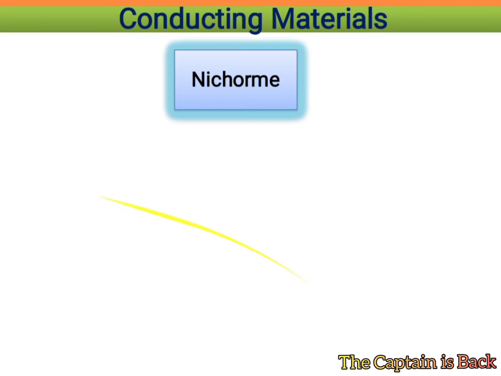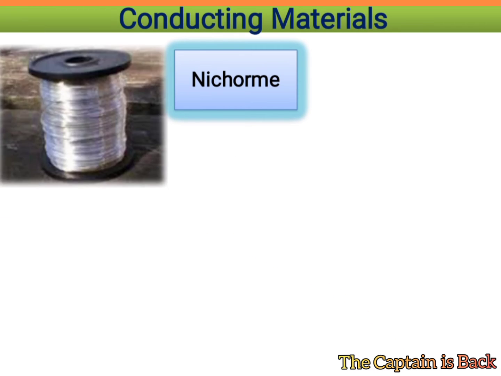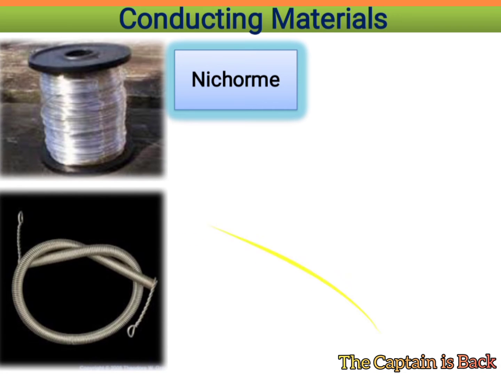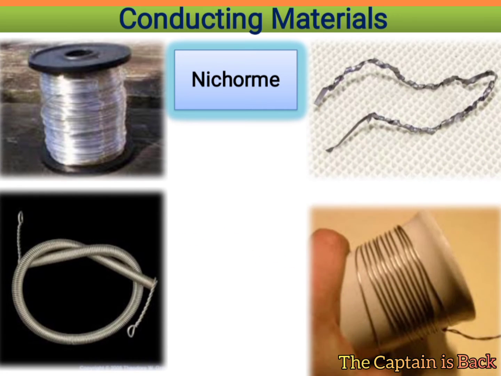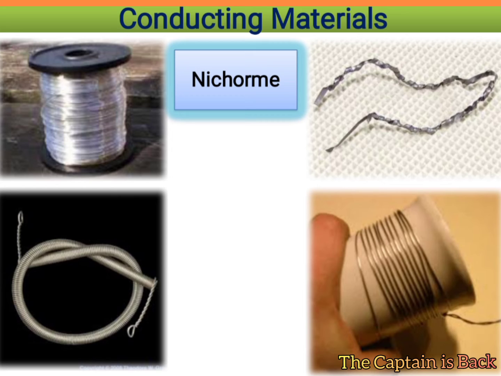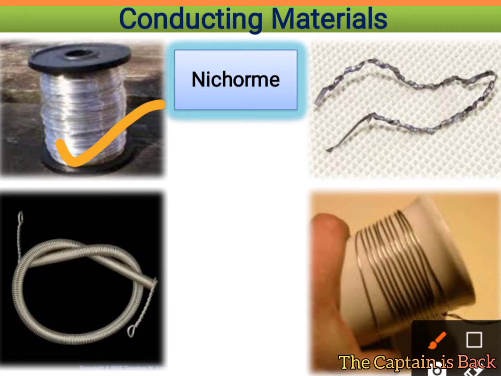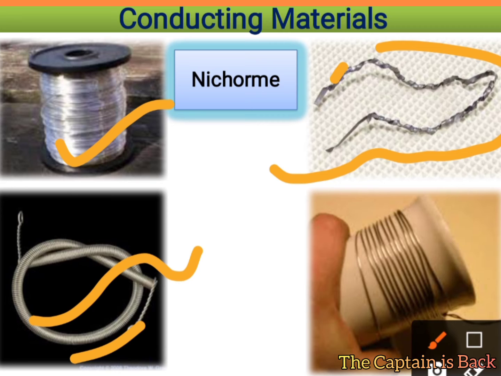Okay, let's go ahead. Next, we have nichrome, a very important one which we use daily in life. You can see nichrome wire is used in many places. This is how it looks. It can be formed like this, for use in the toaster and all such things, or in heaters. This is how it looks, or it can be for a room heater, something like this. This is all about nichrome wires. Let's go ahead.